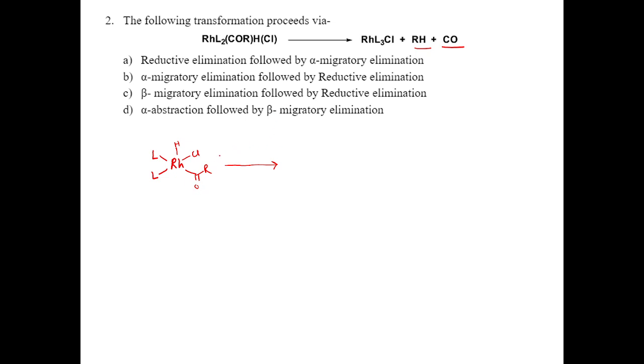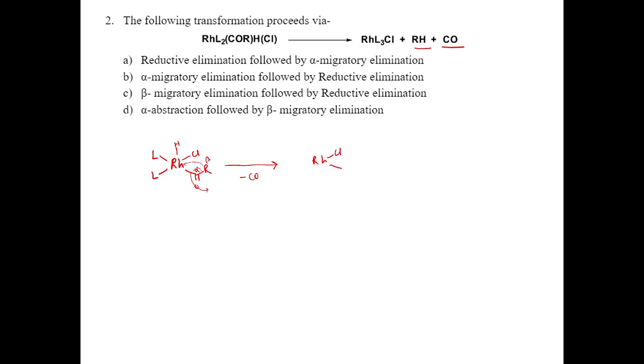So what will happen? If you see that this is the alpha position and this is the beta position. Actually what is happening is that this will react here, and this bond, CO, will kick out from this place, and it will form